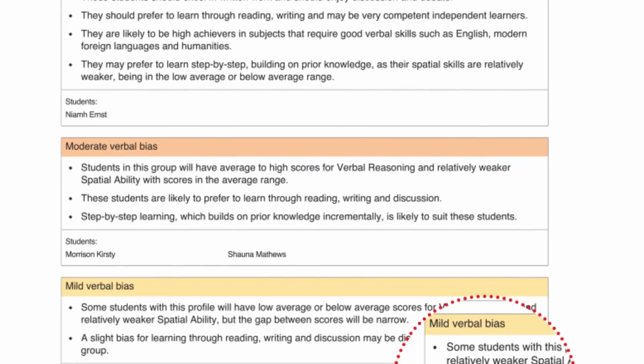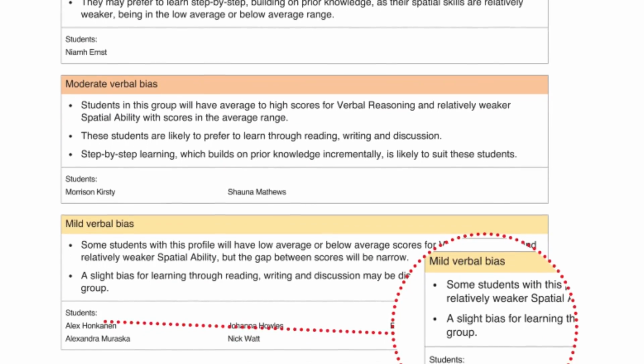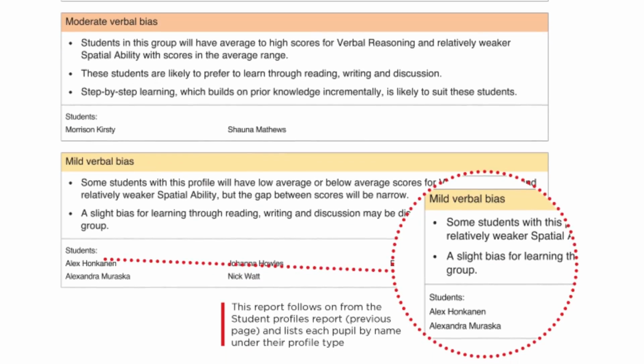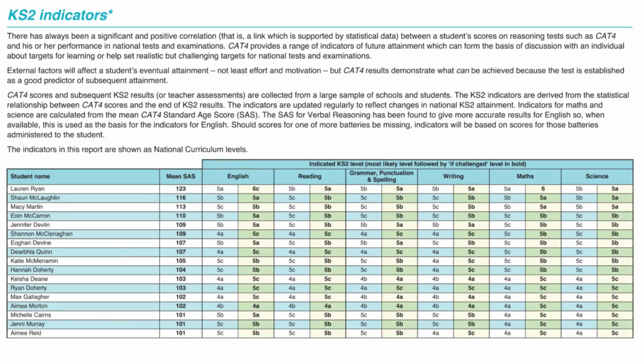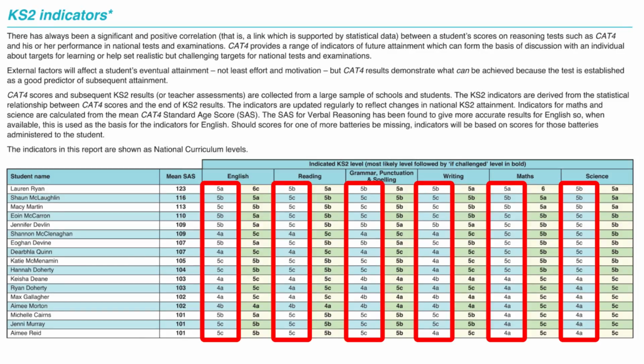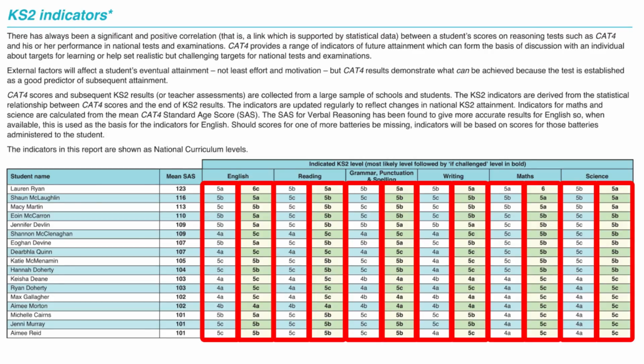It is important to remember that the bias must be considered alongside absolute standardized scores in the interpretation of student data. Here we can see benchmark indicators given for core Key Stage 2 subject areas. For each subject area, the indicators in the first column represent the 50th percentile of performance, and the indicators in the second column represent the 75th percentile of performance level of students in the past with the same ability score. The 75th percentile level should be considered challenging, as only 25% of students with that ability score in the past